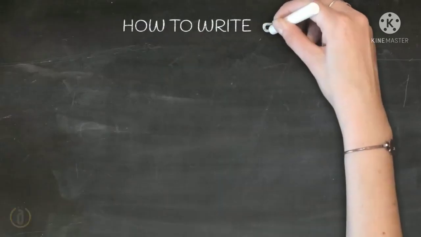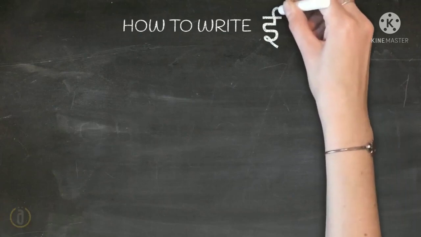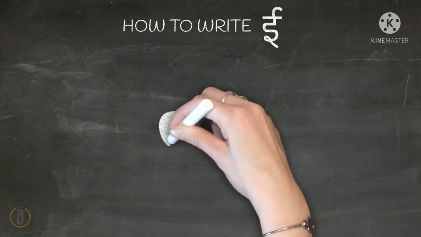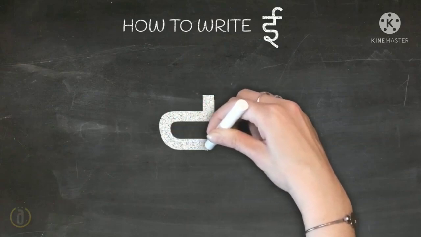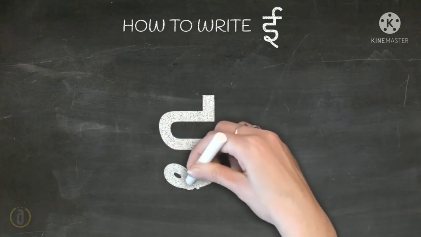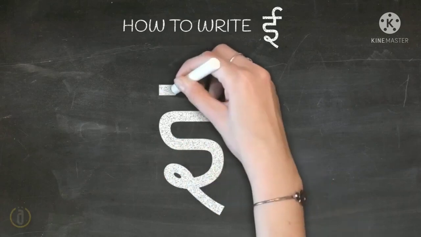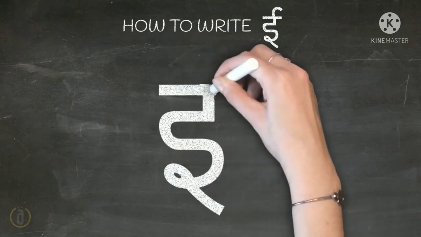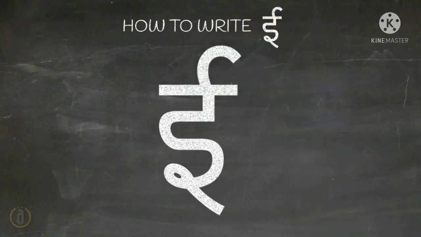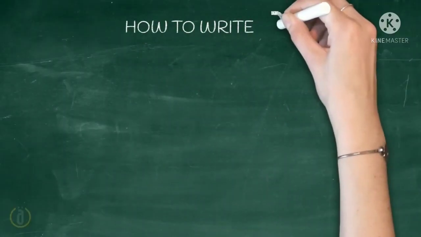Next, Ee. Ee is also drawn like I. Small standing line. It joins with the alphabet S. At the end of the S, you draw a small loop as shown here. And then you join a sleeping line. But finally, you draw one hook as shown here. This is Ee. And the next letter is U.